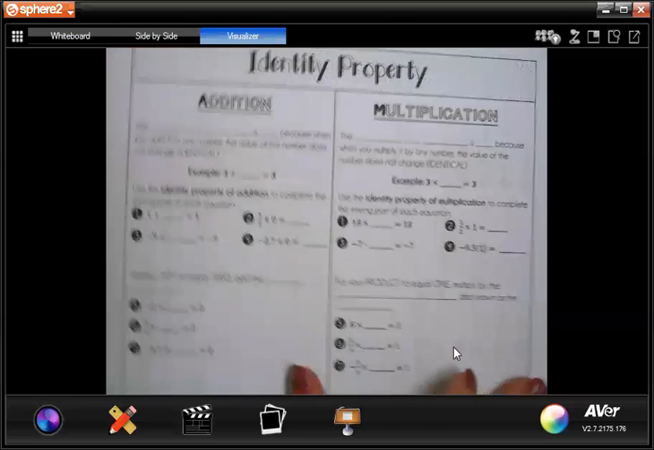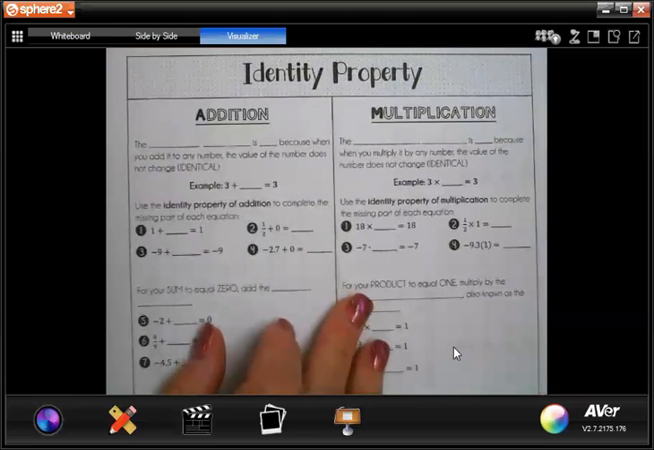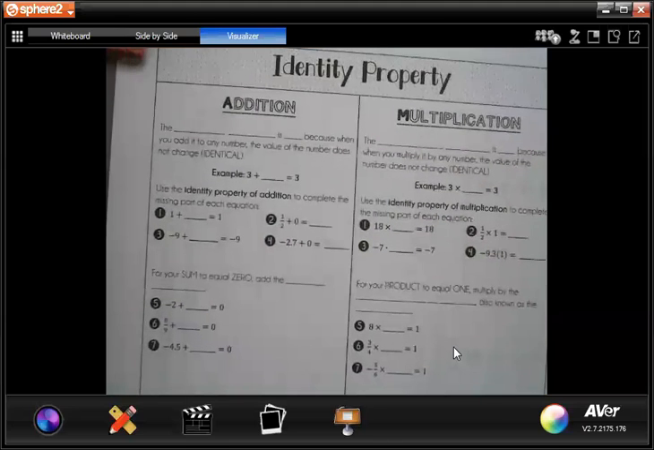Okay. All right. We're going to go through these two really fast. Okay. Identity property. So with the identity property,